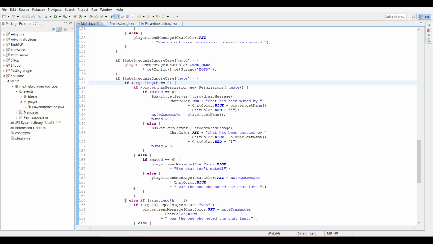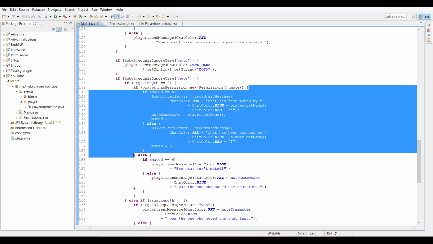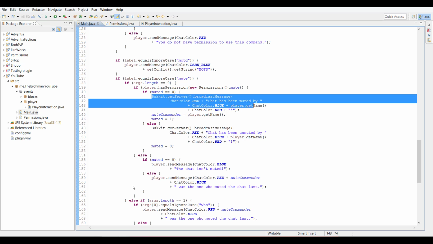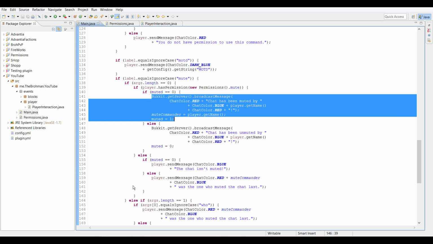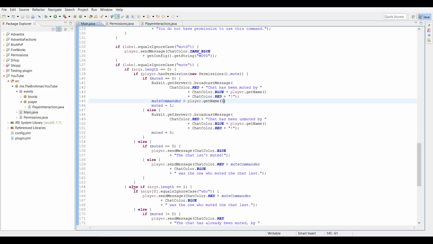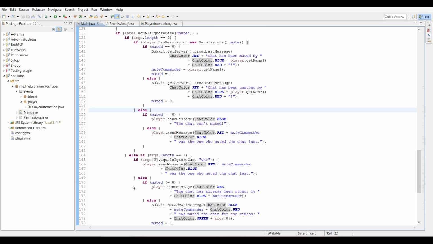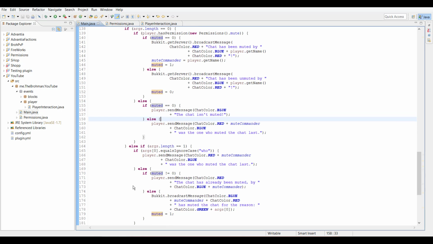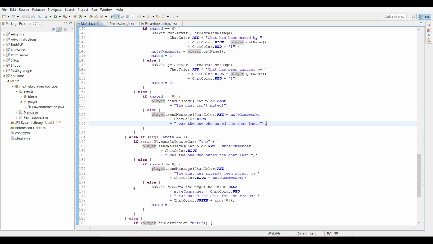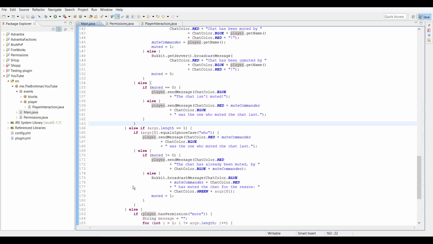If it's no arguments and the player has permission to mute, it's not muted, it will say that it will mute the chat, save the mute commander. If it is muted, it will unmute it. But if they do not have the permission and it's not muted, it will say that it's not muted. If it is muted, it will say who muted the chat. If it's one argument and that argument is who,